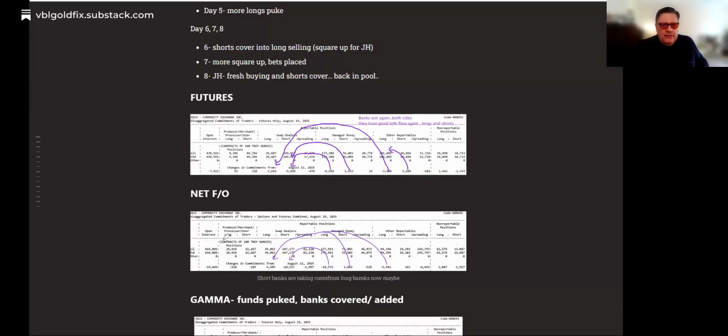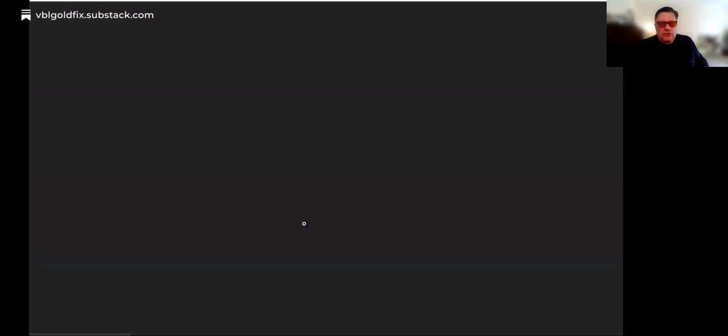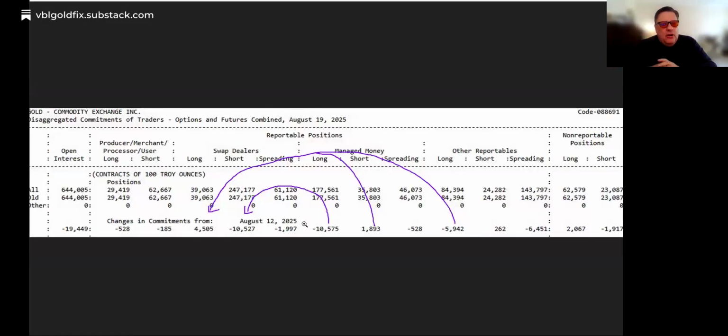All right. So then I looked at futures and options net because I wanted to see if it was cleaner or not. Because I'm wondering about these other reportable guys here. And sure enough, the other reportables didn't really get short. Because when you add their gamma in, the longs got out. These shorts continue to add. This is the dumbest money on earth right here. Now they're making money, but in the big moves, they're the dumbest money on earth. Longs got out, fine. Shorts got out, and longs got in. And by the way, these guys bought options. The long swap dealers bought